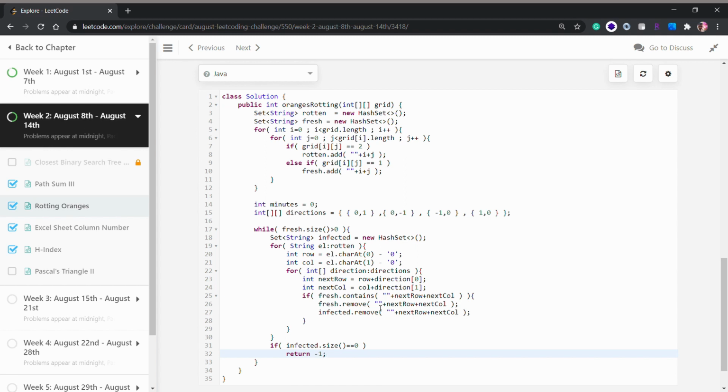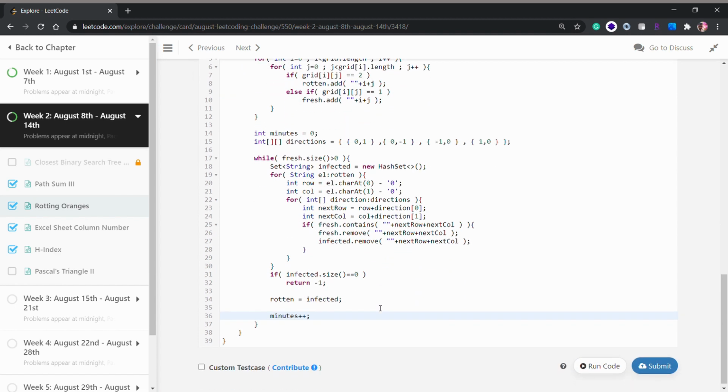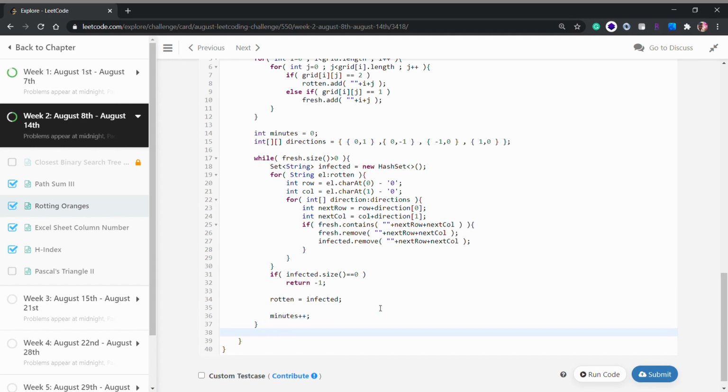Even if we are not able to infect a single orange, we return negative 1. Since we have dealt with our rotten hash set, we set rotten equals infected, and we increment our minutes, and at the end we return minutes.